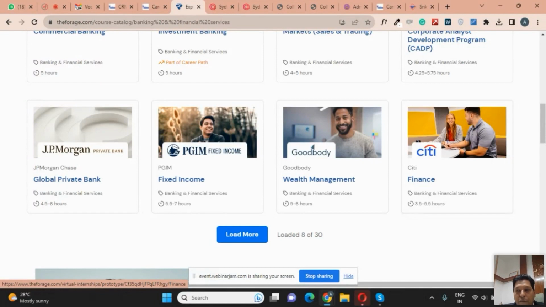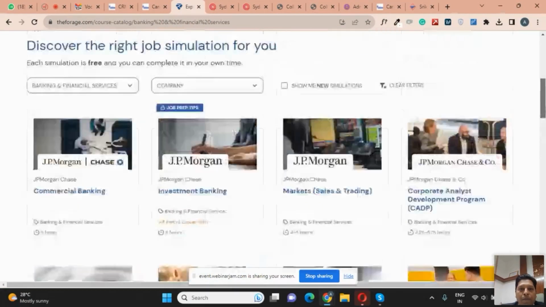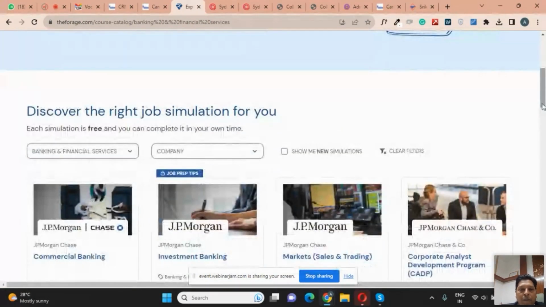So there are more than 300 internships available. If they are graduates, they also provide placement opportunities after the internships. If a student has really done a good internship, then there are chances to get placed in these companies also. Now, all these internships are absolutely free of cost. It's not chargeable. Whether a student does one internship or all 300 internships, all are absolutely